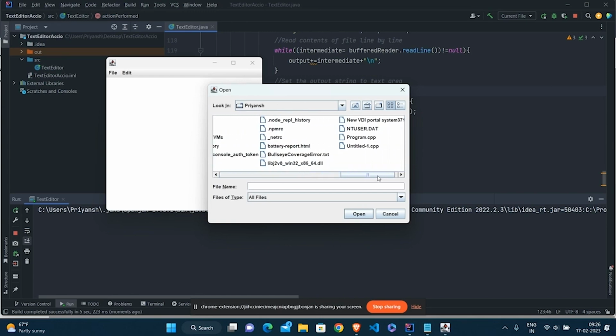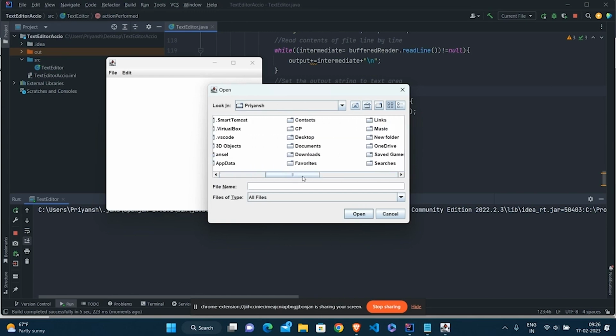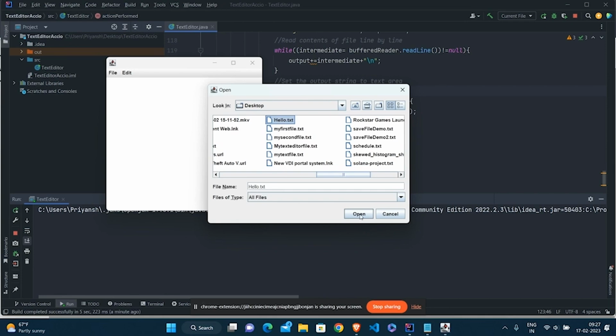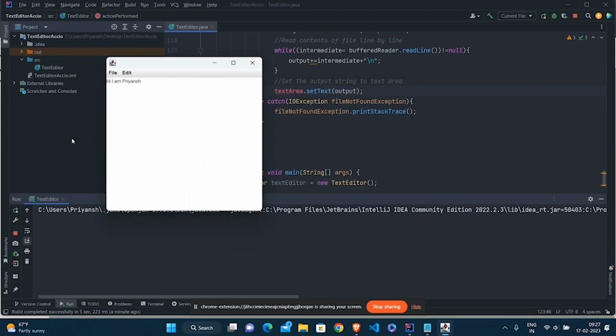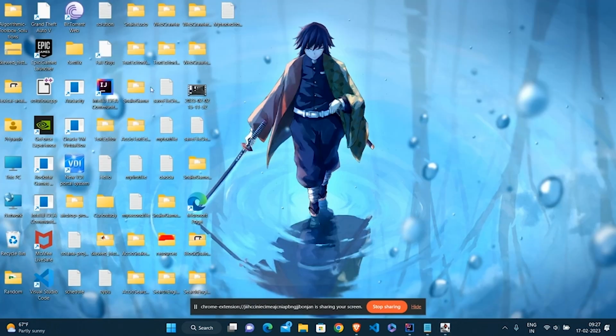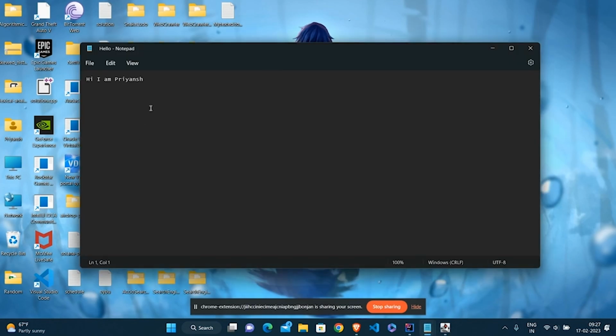Let's go to desktop, and inside the desktop, select a txt file. Let's select this hello.txt file. When I click on the open button, it is going to read all of the contents present inside that hello.txt file and paste it to the text area. If you go to desktop and check it in notepad, that is also the same text that is contained inside the hello.txt file.